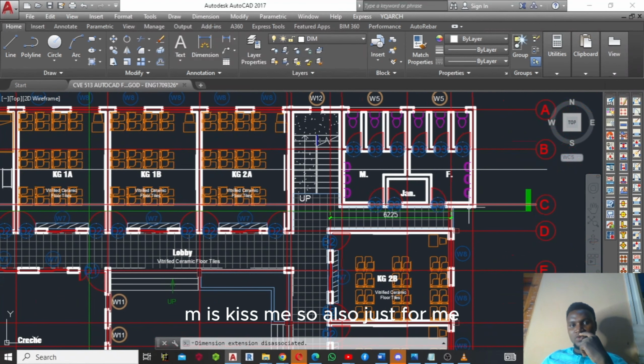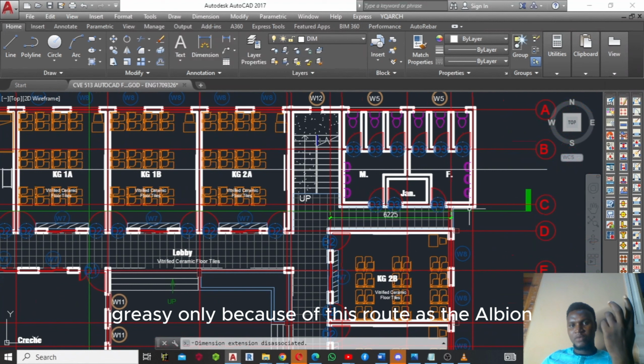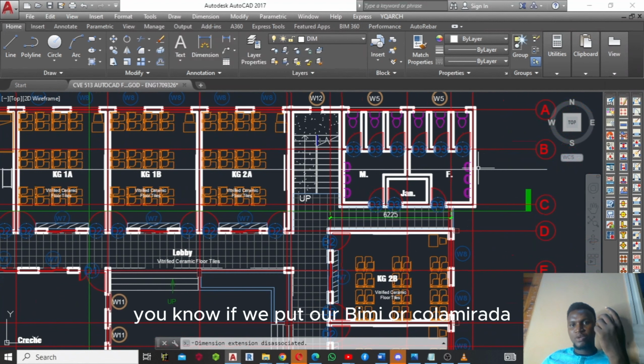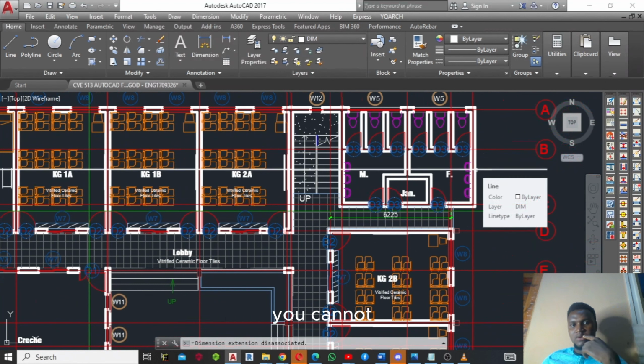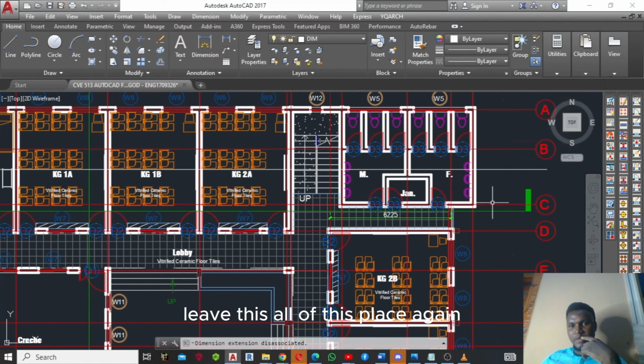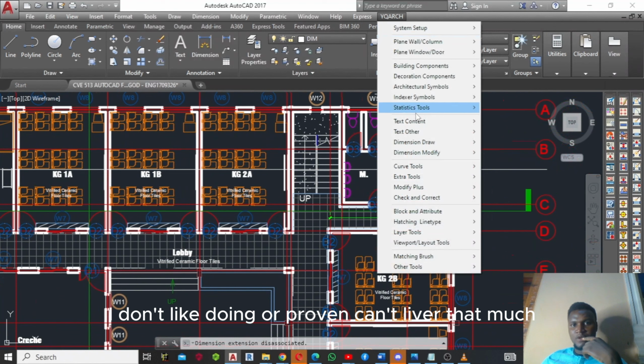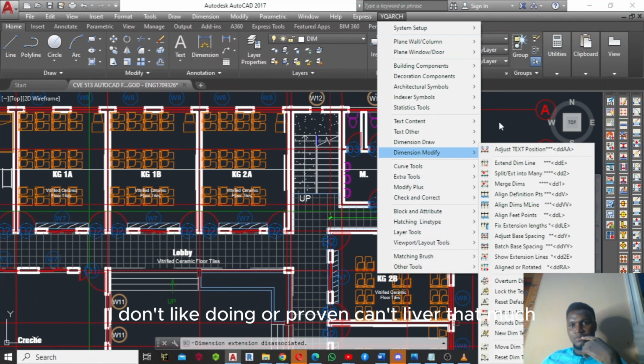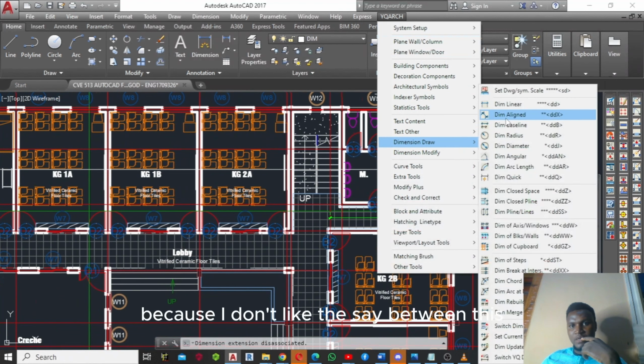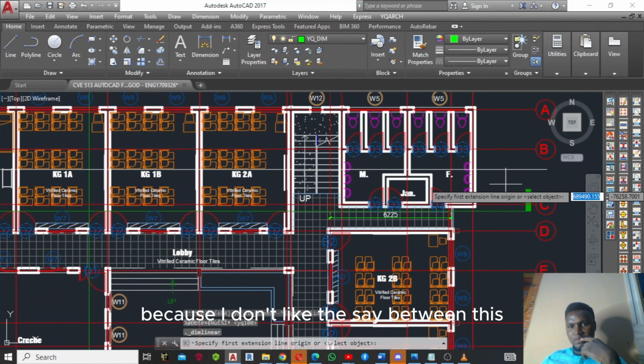So also, just for the grid C only, because of this shooters that we have here, if we put our beam here, our column here rather, you cannot leave all of this place hanging. I don't like providing cantilever that much,